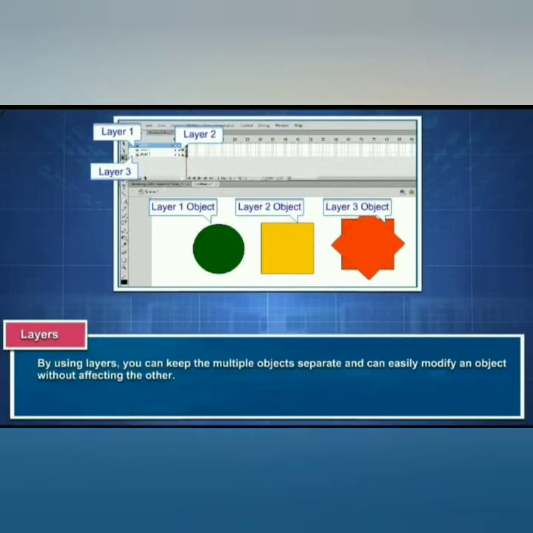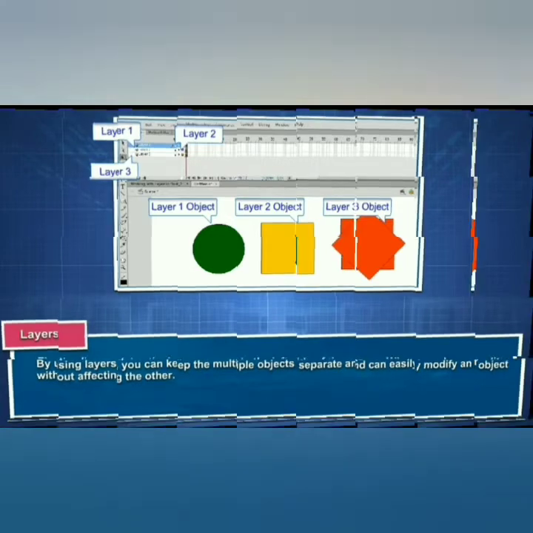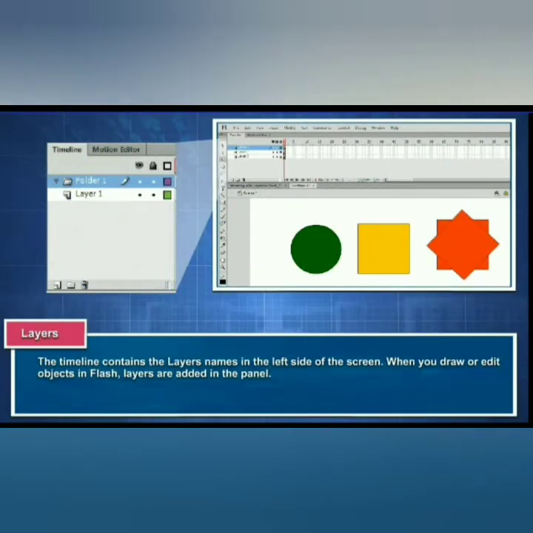By using layers you can keep the multiple objects separate and can easily modify an object without affecting the other.